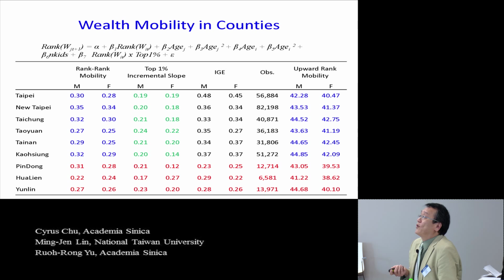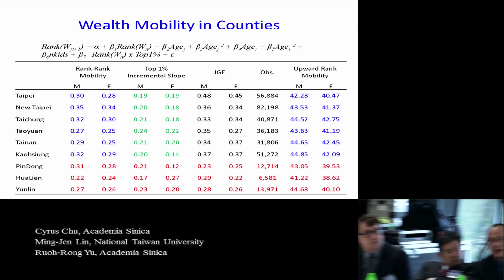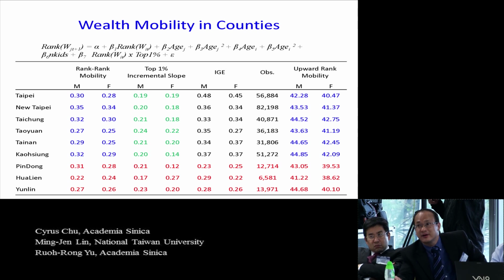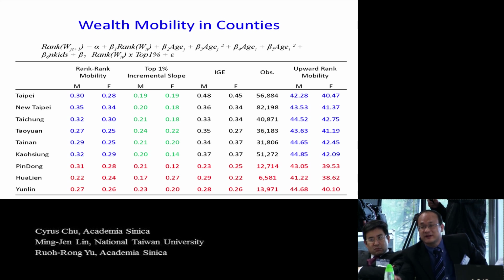Okay, this is the intergenerational wealth mobility, both rank and log. You can see that for the Danish data, the log is about 0.27. In Taiwan, the wealth transmission IGE is about the same as Denmark. The tax system must be really important. Like the tax system, if you have a high heritage tax, that will reduce the mobility.